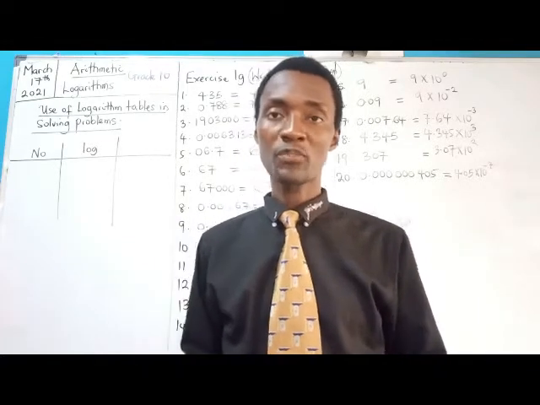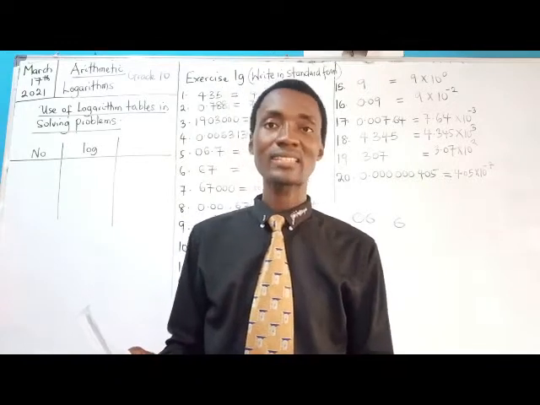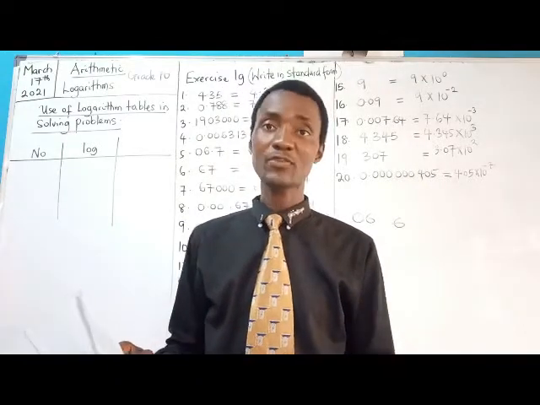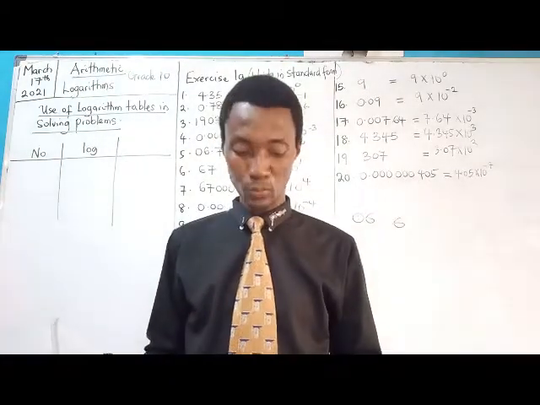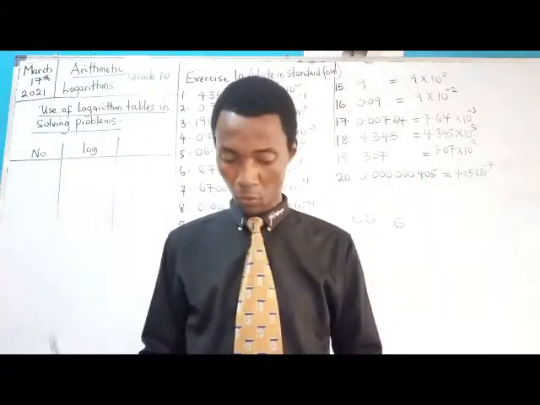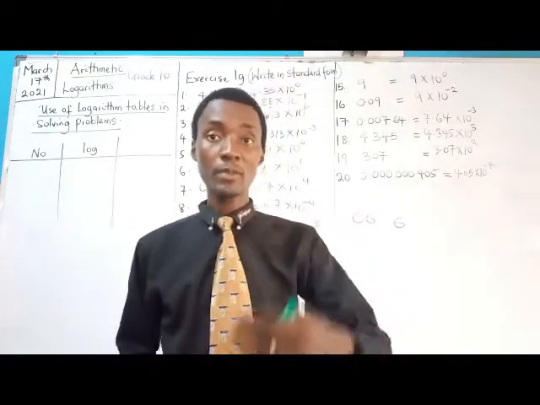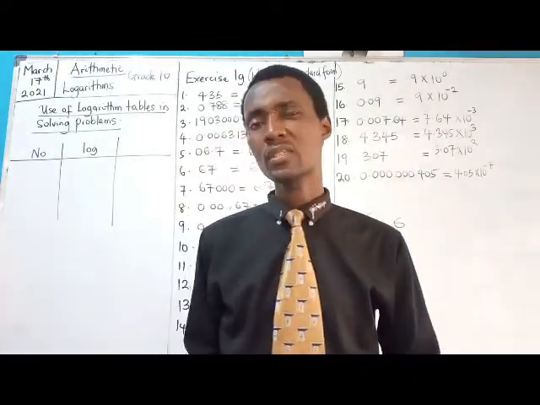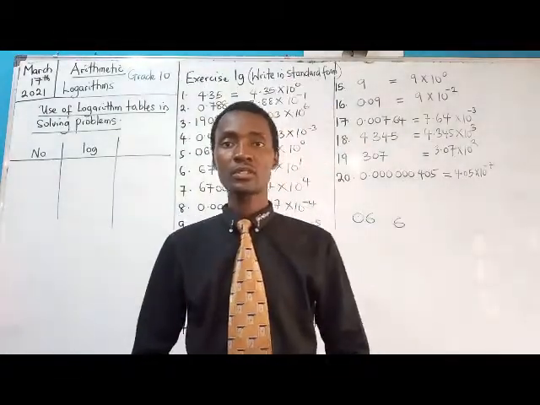Alright, so these are the two tables you would need to attend to any problem relating to what? Logarithm. Okay, but for now, to drive home our point, we'll be looking at exercise 1J, and that's found on page 24 of the new general mathematics textbook, page 24. We'll be solving problems from that exercise, and we'll see how we can work out problems